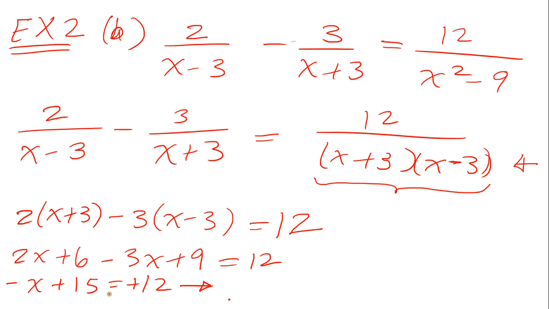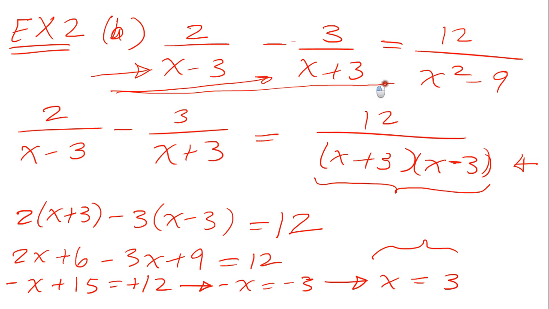So actually, what we have is, if I subtract 15 from both sides, I end up with 12 minus 15, which is minus 3. So minus x equals minus 3, which means that x equals 3. So are we done? Almost. We found an answer, but is our answer valid? We need to check